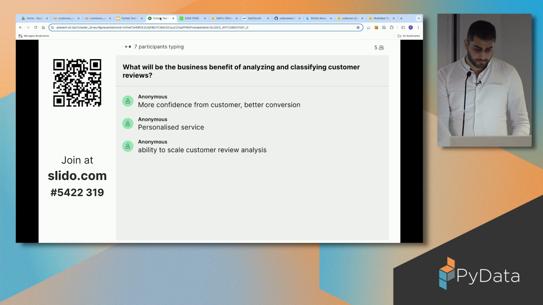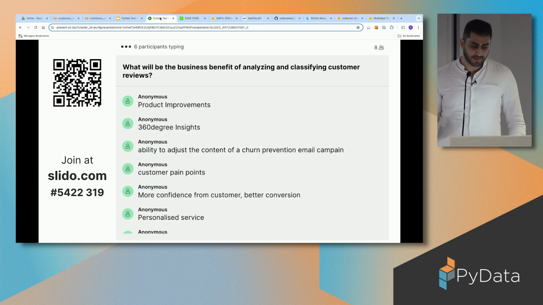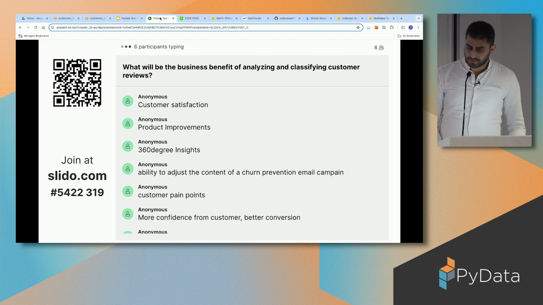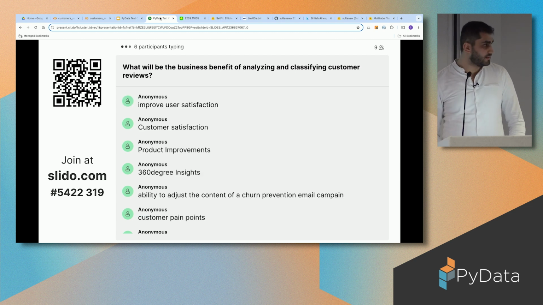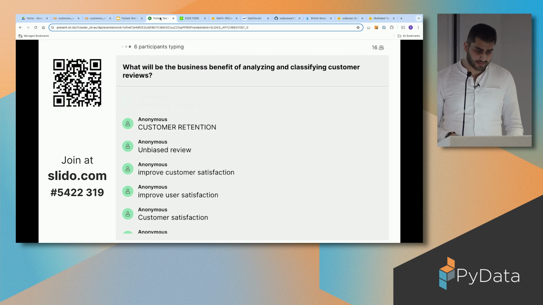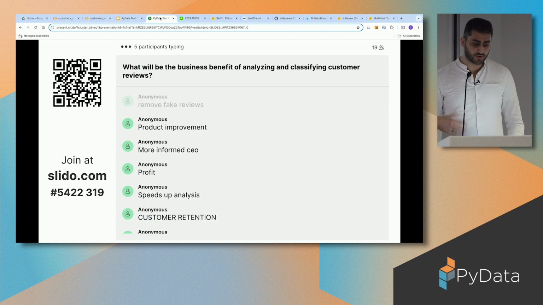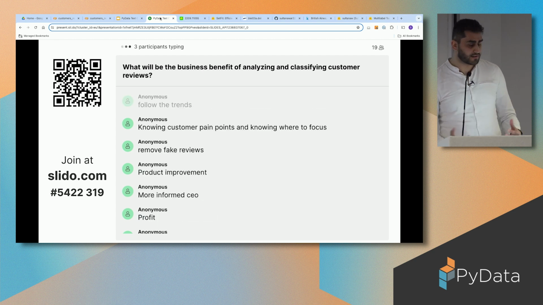Nice. So definitely to scale customer review analysis, of course, we can have an automated process rather than doing it manually or reading reviews manually. So we could have an automated process to do this for us. We could increase customer satisfaction, keep the customer with us, because we are making sure that we are hearing about their